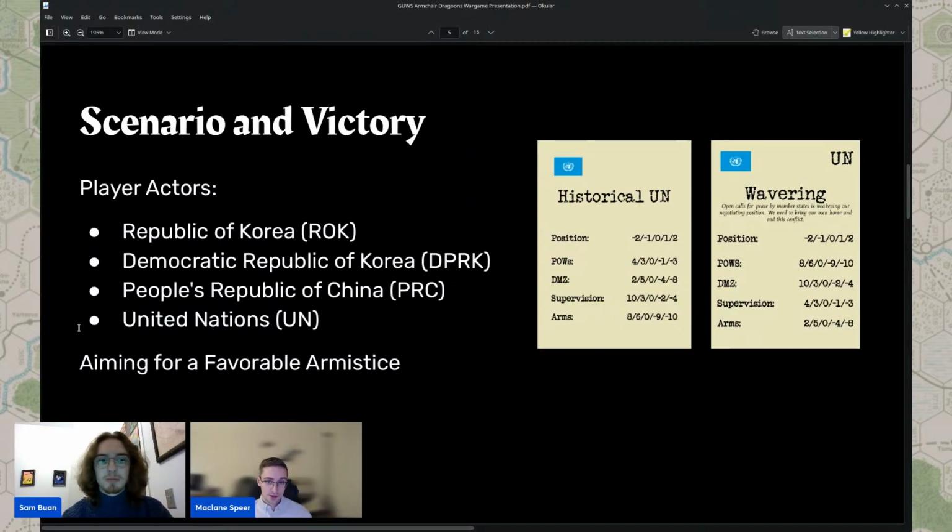And in terms of the scenario, this takes place, as I mentioned earlier, at the point of stalemate when negotiations have started on reaching an armistice. The objective for these 4 players is to reach an armistice that is more favorable to them than to others. The way we modeled this in mechanical terms is every player will choose a nation to play and